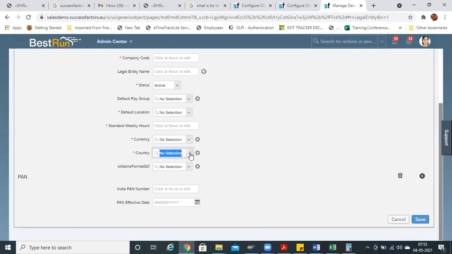Have you seen this? We have not yet selected India. So what we have missed, some criteria we have to give, right? We have not yet selected India, but it is showing the India PAN number and India effective date by default. For any country, it will be showing that.